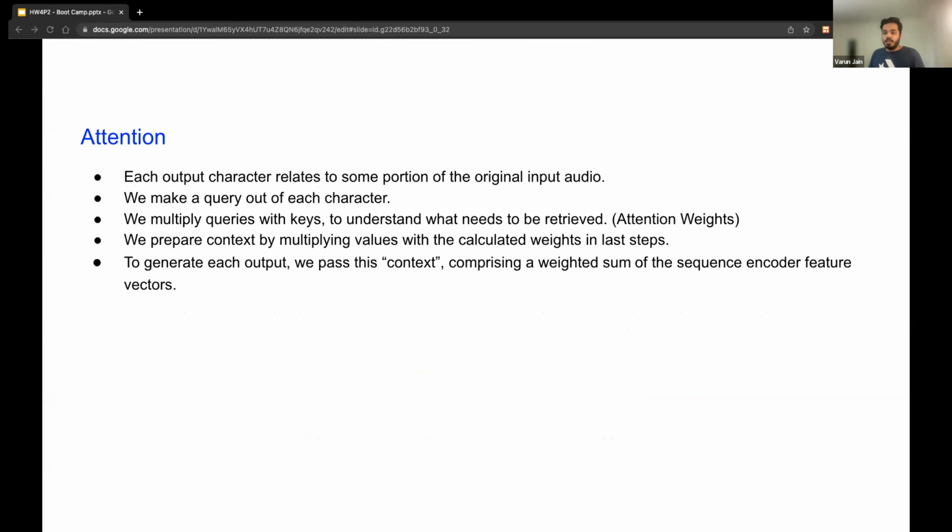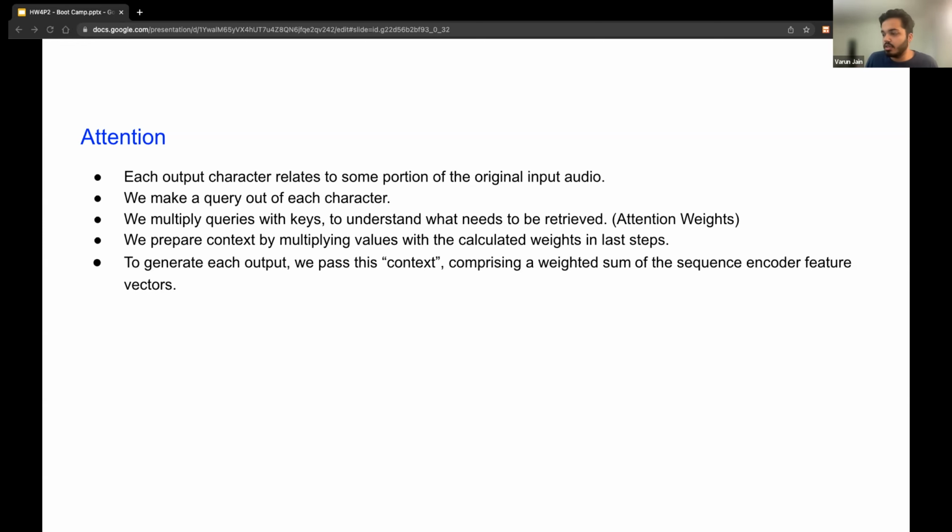Okay, so coming to attention, what is attention? We have seen attention many times by now, in classes and lectures. We have also specified specific lectures in the write-up, I think it's lectures 17 and 18, right? And what attention is basically doing is relating an output character to the input vectors' feature